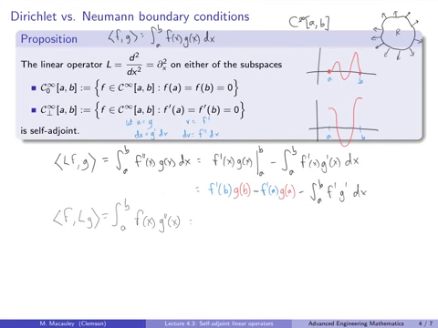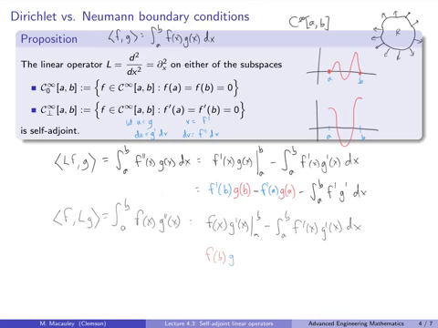Okay, so we can do integration by parts again, or we could just, by symmetry, compare this answer to this one, and just reverse the roles of f and g. So if we do that, we get f of x, g prime of x from a to b, and then by symmetry, f prime and g prime are here. We get the same thing, the integral from a to b of f prime of x, g prime of x dx. And now when we plug in a and b in here,